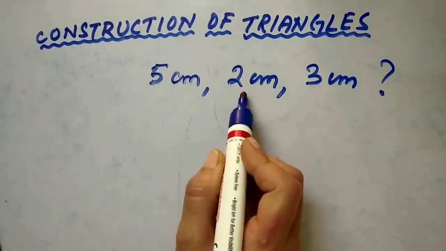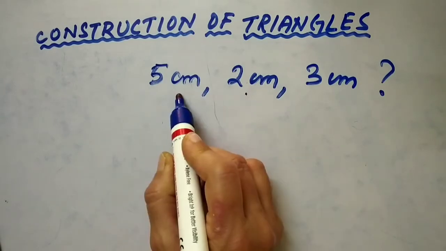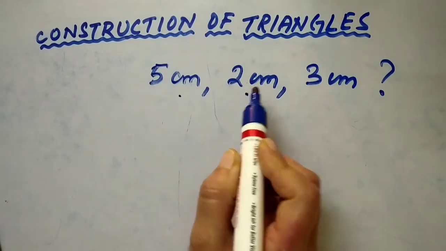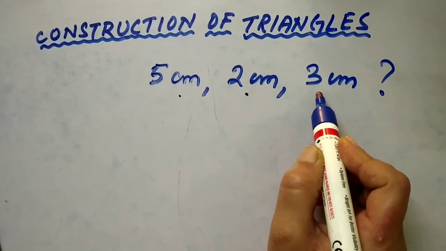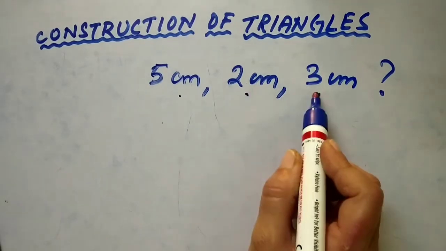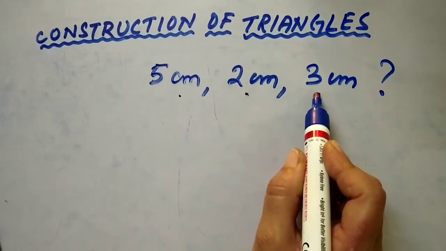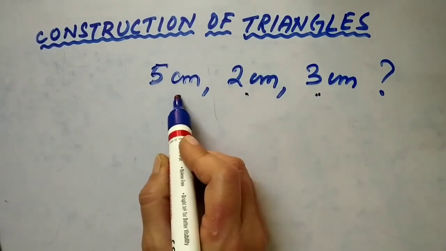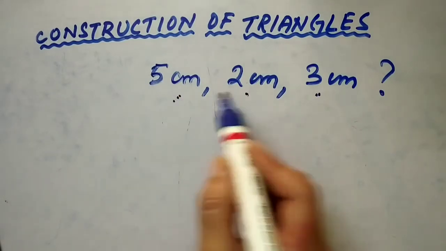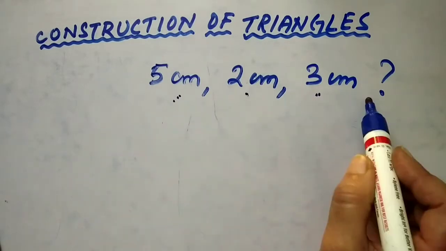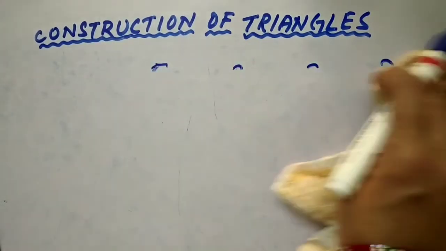if we are finding the sum of 2 sides, 5 centimeter and 2 centimeter, it must be greater than the third side. That is the side property of a triangle. In any triangle, always the sum of 2 sides must be greater than the third side. Here if we are adding 2 and 3 centimeter, then we are getting exactly 5 centimeter, but it must be greater than the third side. So it is not possible to construct this triangle. Okay, so we have to check first whether we can construct the triangle or not.